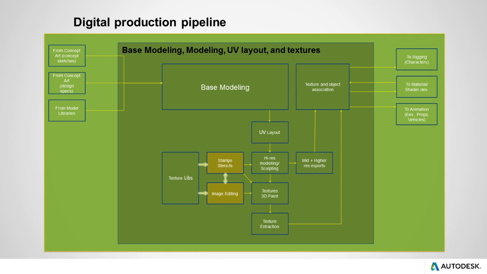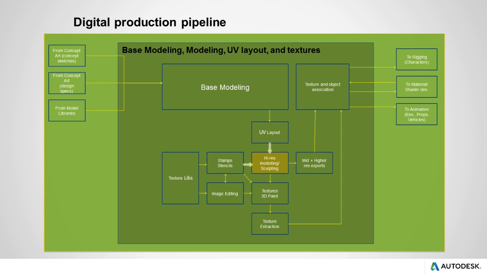And you can see I have that back and forth between the stamps and stencils, because often to create an effective stamp or stencil, you're going to want to do a little bit of image editing and kind of cull out or remove areas you don't want, and highlight the areas that you do want to create your library for stamps and stencils. And we'll look at that and how that works with Mudbox here shortly as well. From here, the using things like the stamps and stencils, which gets further down the pipeline for the fine details,